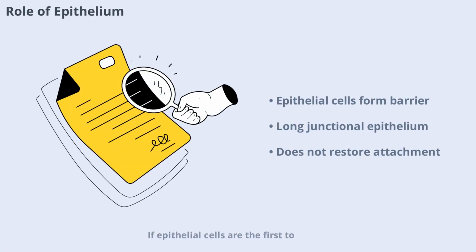If epithelial cells are the first to proliferate along the tooth surface during healing, they form what is known as a long junctional epithelium. This type of healing creates a barrier, but does not restore the original attachment apparatus. While it helps seal the area and prevent further infection, it does not provide the same level of support as true regeneration. The timing and dominance of epithelial cell migration are critical factors in determining the nature of the healed